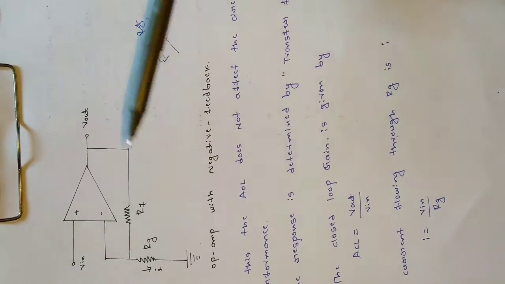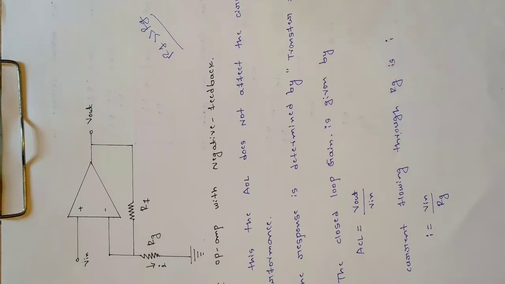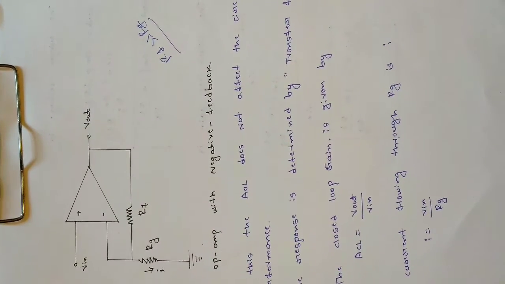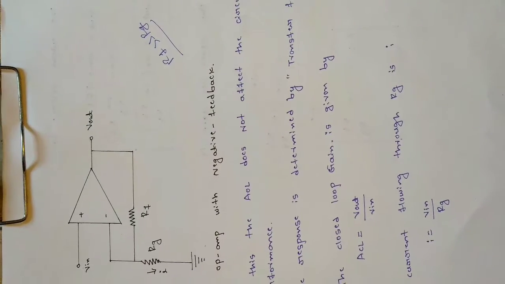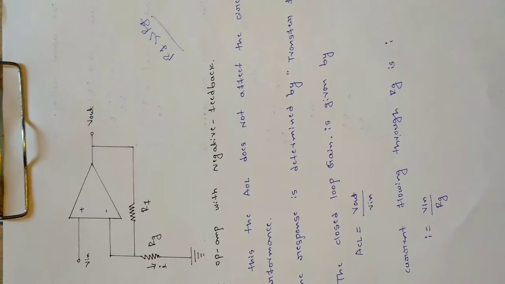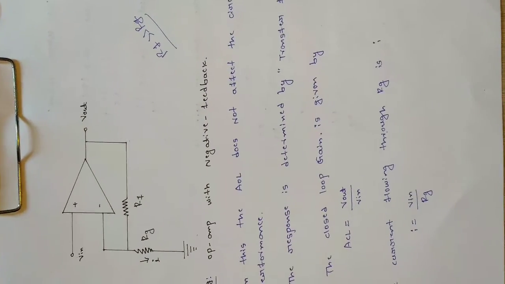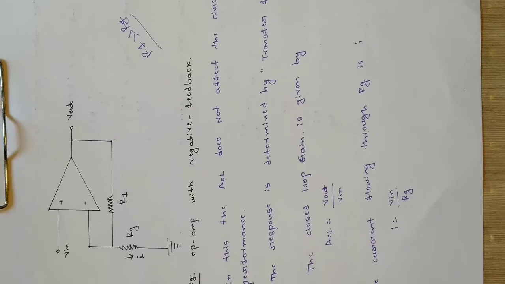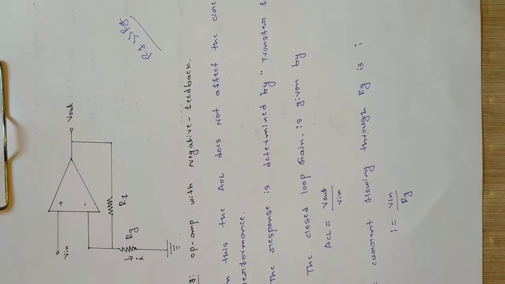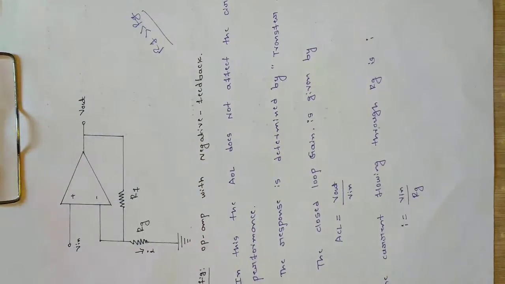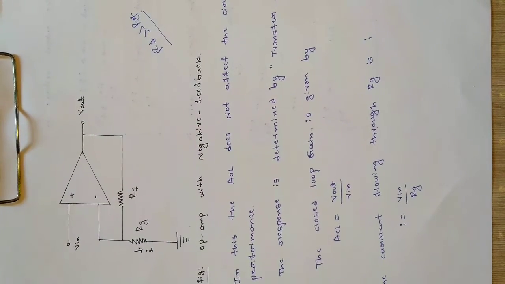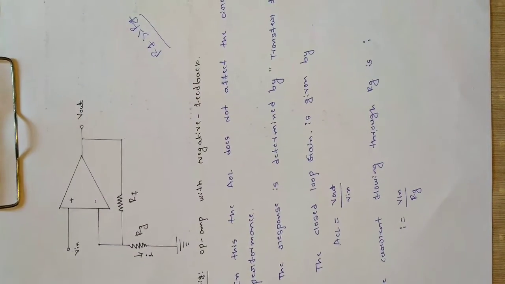Okay, so if RF is less than RG, then the gain will go very low. So in order to increase the gain, we need to take the RF value very high as compared to the RG. So let us visualize the output of this circuit. So what will be the output? So it has got input again the RG, so due to that there will be a flow of current, so that is denoted as I, and this is the output terminal.